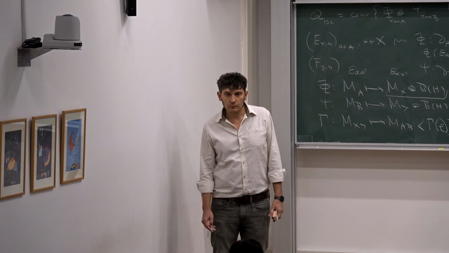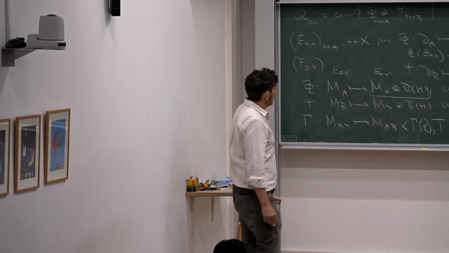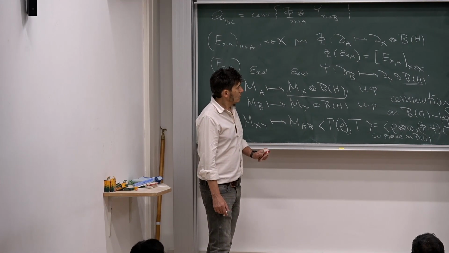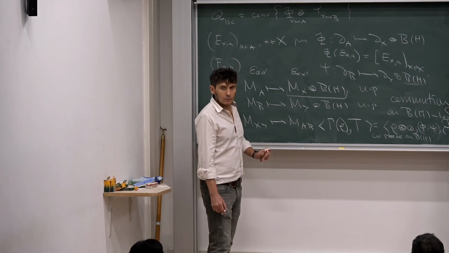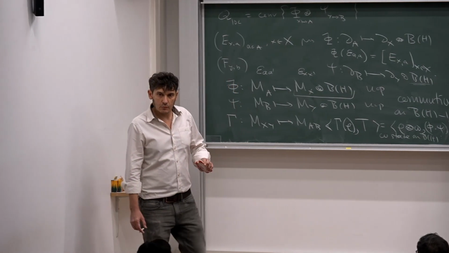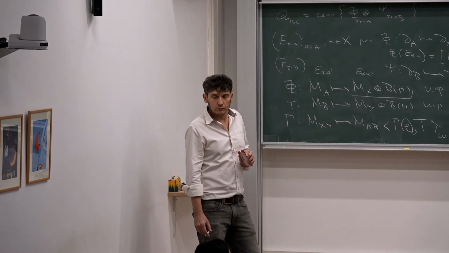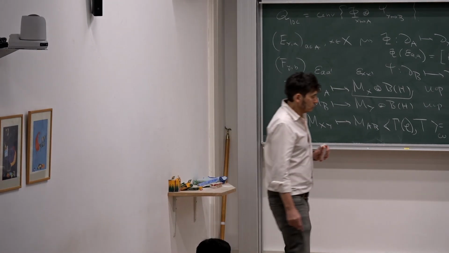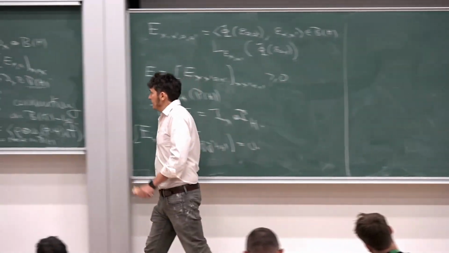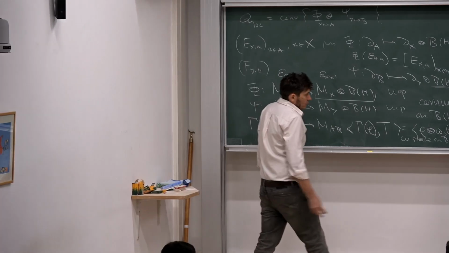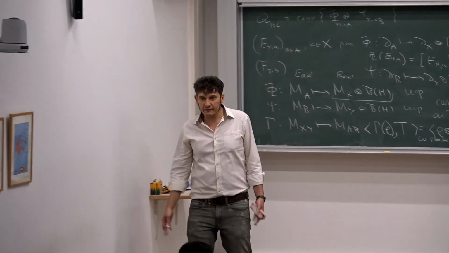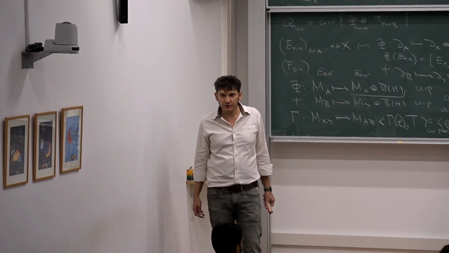Right. And then Alice has some space with this MX, and she can also act on B of H. And I somehow want to say that these actions on B of H for Alice and Bob commute. How does it look operationally? In the usual model, I said, if Alice does something and then Bob does something, then that's the same as Bob doing this thing followed by Alice. Yes. So this can be seen just by the fact that with these two maps, phi and psi, you do not obtain a difference in which one is applied first, in a sense, is multiplied first.